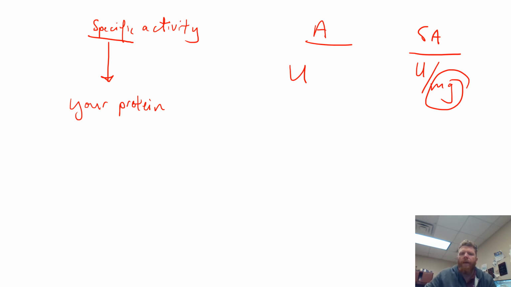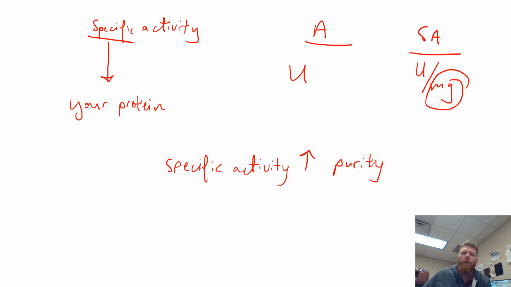So as specific activity goes up, so does purity. The purity of your protein goes up in direct correlation with the specific activity of a sample. So what you want to see is, or basically what you are doing is you are enriching for your protein, and that's how you will see your specific activity go up. So take heed of that,